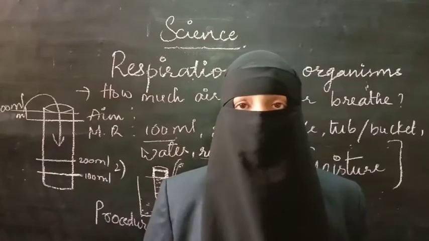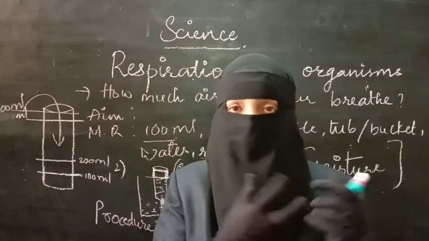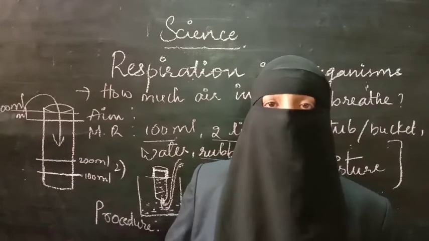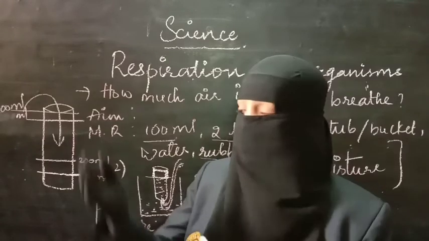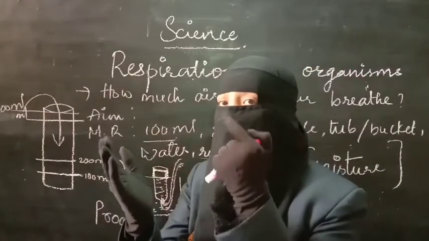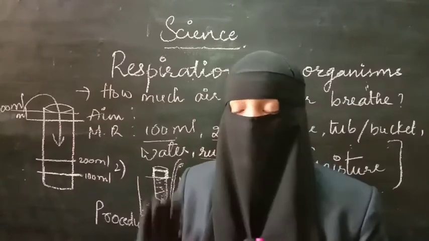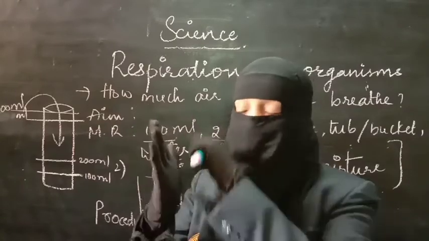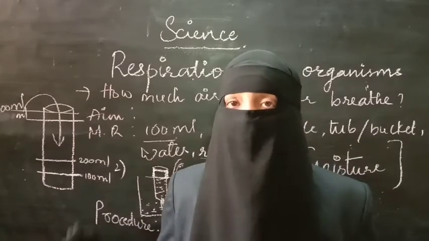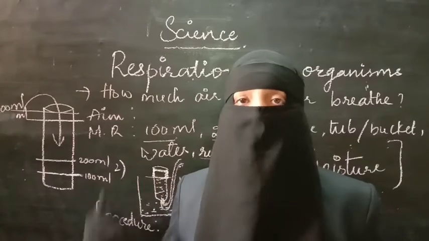Take the syringe now. We have an empty syringe. Fill it with air. Pull the piston. Air will be filled in that. Now you have to completely remove the air from the syringe. How you have to do? Take the mirror and use this syringe and remove the air on the mirror. Like we blew air on the mirror, in the same way you have to put the syringe on the mirror and completely remove the air from the syringe. Do you think the surface of the mirror will become blur? No, that is because the syringe does not have moisture in it, whereas we have moisture in our breath.